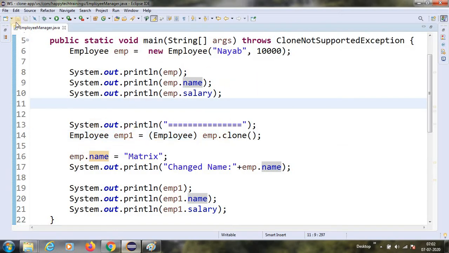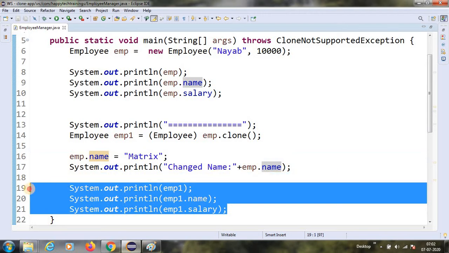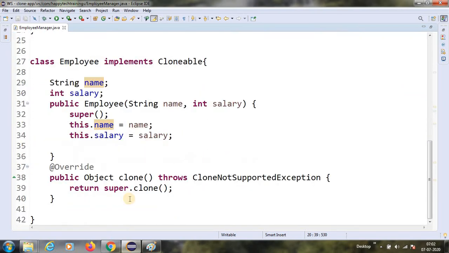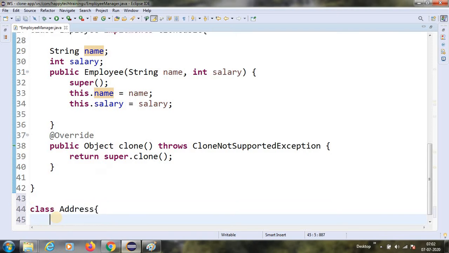What we have done is, after cloning it, we changed the value of the property of the original object, and it was not affecting the copy object. Now what we will do is create one more class here, class Address. This is my address class.